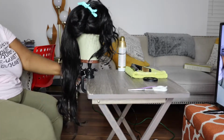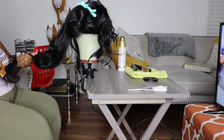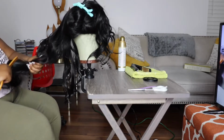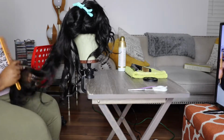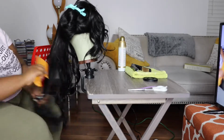I've been scoping out wigs for a while and I just didn't know what to buy, and this one went on sale and I watched a bunch of videos on it and I thought it was pretty, so I was like, all right, I'm gonna check it out. So I got it. As soon as I took it out of the box and tried it on, I realized